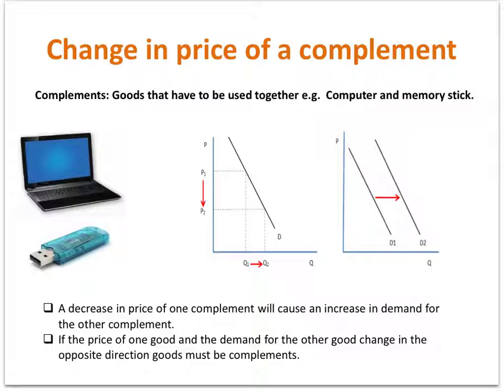So, for example, if price of a computer decreases, consumers will be willing to buy more computers at this lower price. However, memory stick and computers are used together, so if they buy more computers, they are going to buy also more memory sticks. So, a decrease in price of one complement will cause increase in demand for the other complement